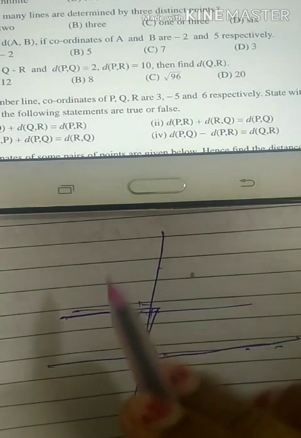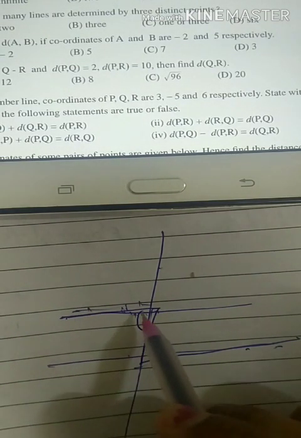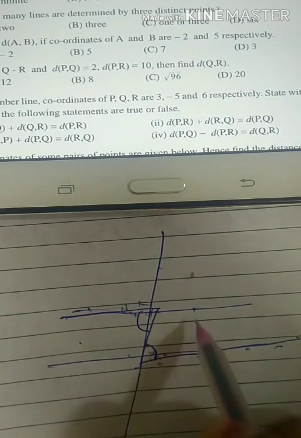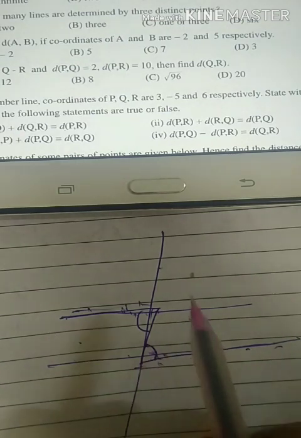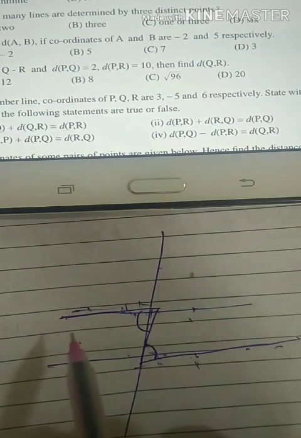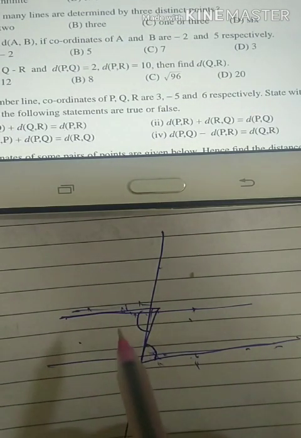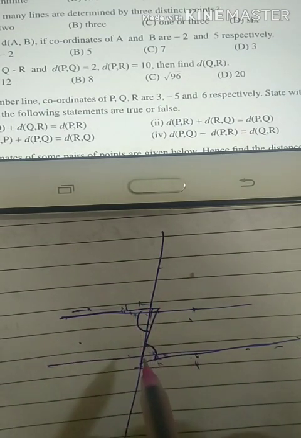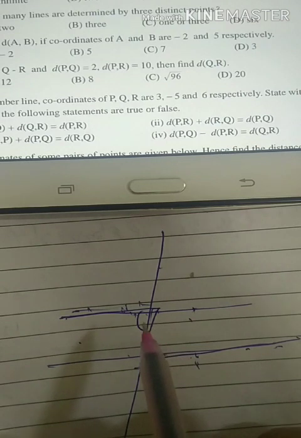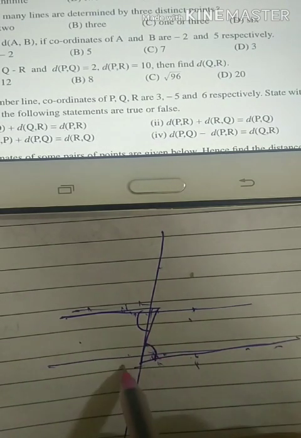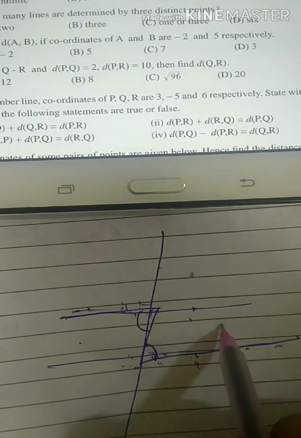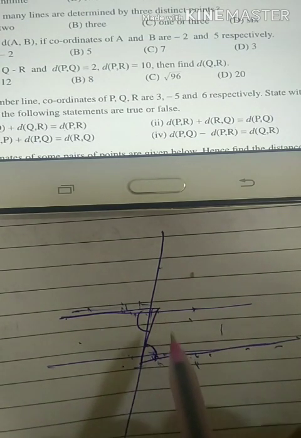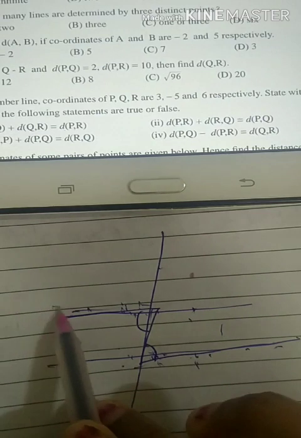So how will you frame it? If the alternate angles formed by two lines, you will not say that it is parallel in the beginning. That you will say after "then". If, what is the condition? If alternate angles formed by two lines and its transversal are congruent, then the lines are parallel. Understood? So this way you will frame the converse. You will write it in "if" and "then" form.